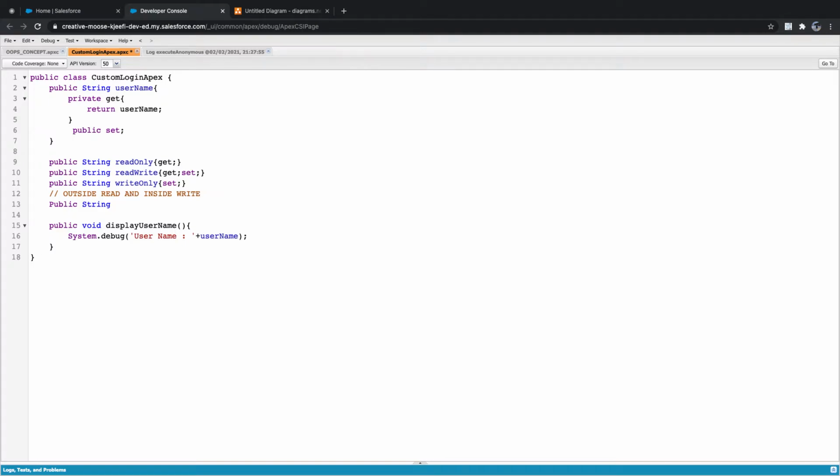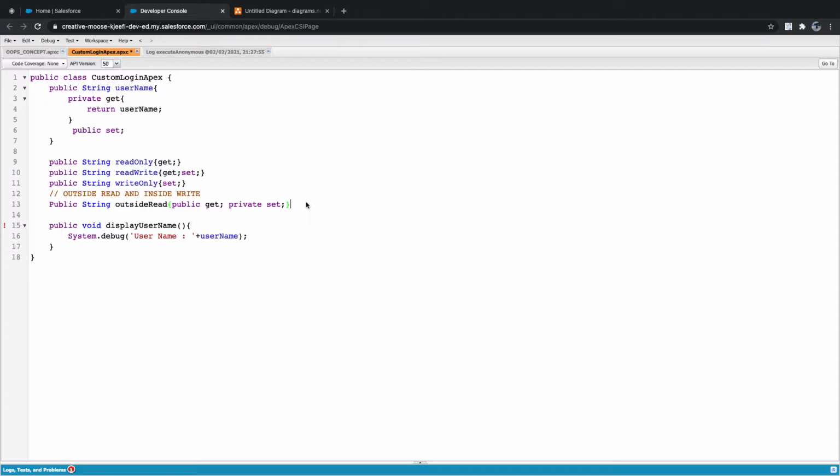Public string outside read. Outside read in the sense you are exposing a data means public get, right? So public get and inside write. It means you are talking about private set.